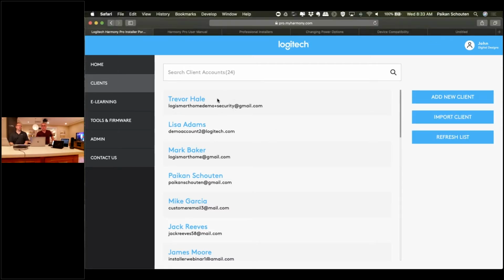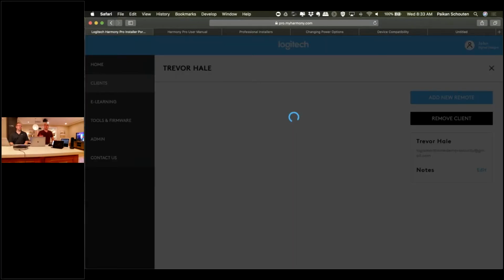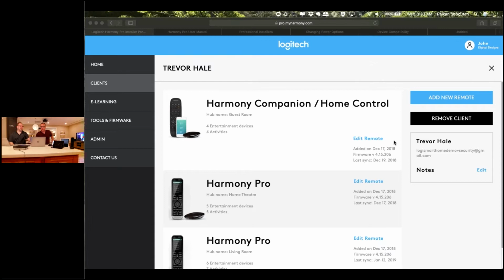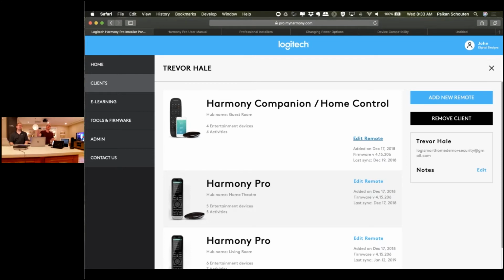And what will happen is, let's click on this account here for a second so we can view the account. And then there's an option to request access. So when you click on edit, in this case, we're going to click here, that little arrow on top. Perfect. If I now click on edit remote, it's going to automatically launch the